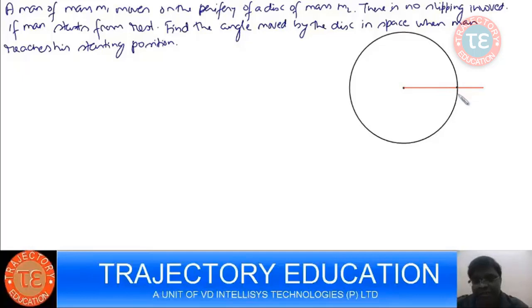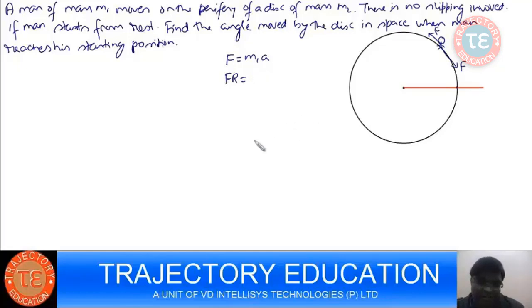This is a reference which is fixed in space. Man was here in the beginning. As he starts moving in this direction, he'll be pushing the disk with a force F. He is going to push the disk with force F, and the disk is going to push the man with force F. As a result of which, the man is going to accelerate